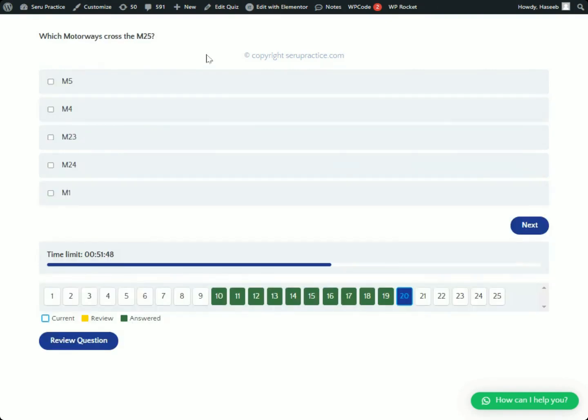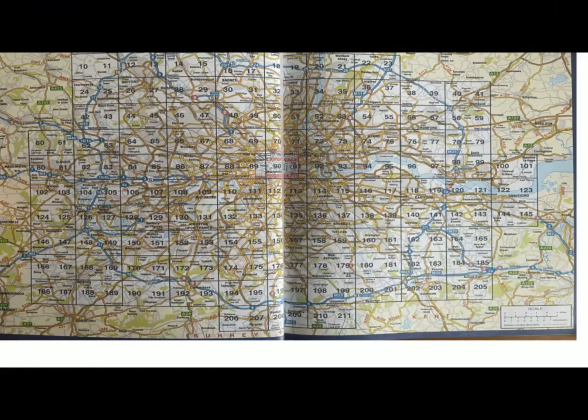Our next question is about motorways. Which motorways cross the M25? Again, to solve this kind of question, we will take the help of the map. And here you can see that, as I previously mentioned, this is central London, and then there is a network of motorways all around London city. Of course, this M25 is the ring road which connects with all of the other motorways at some point, and also with the expressways to get inside the